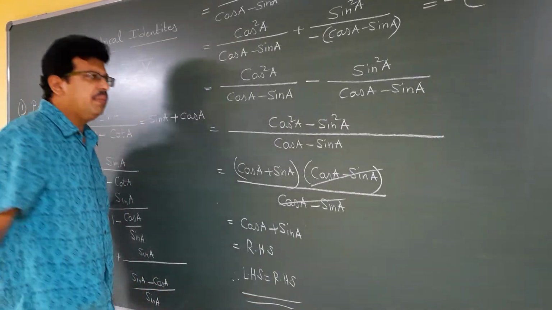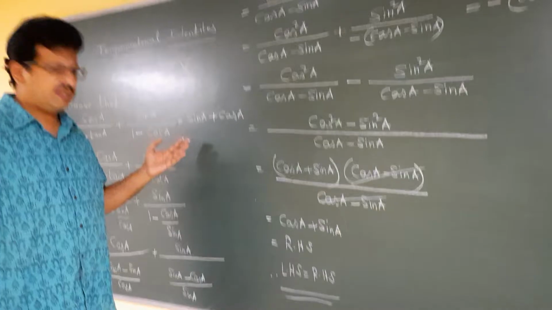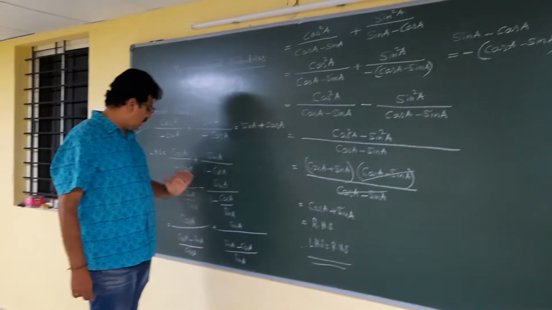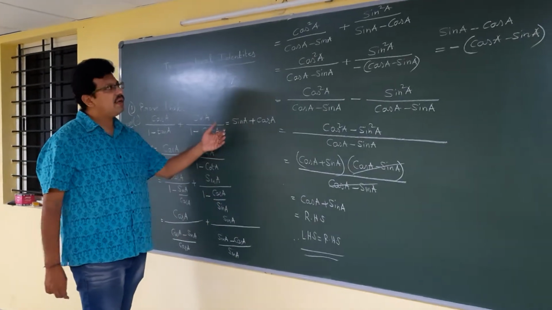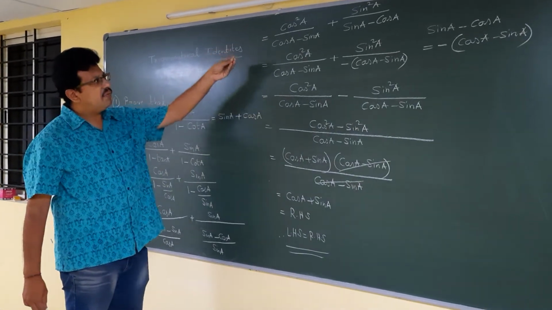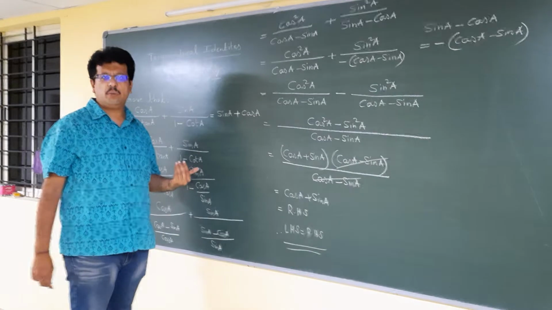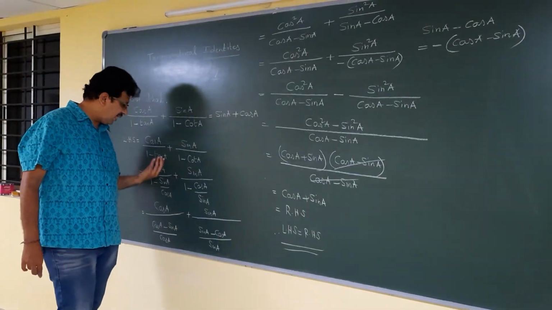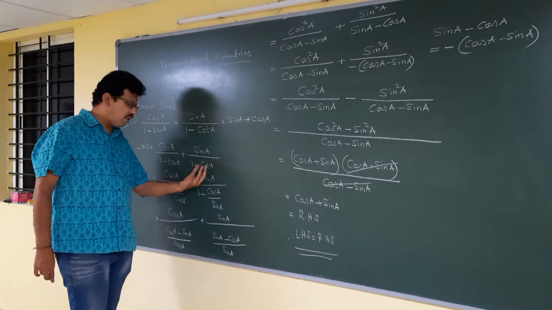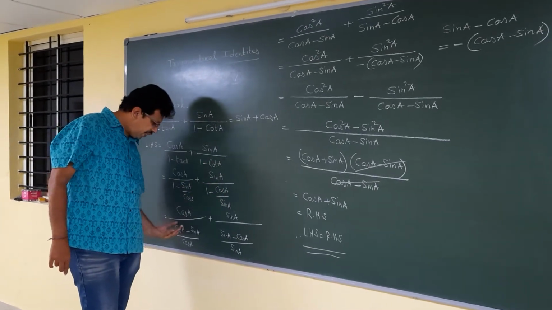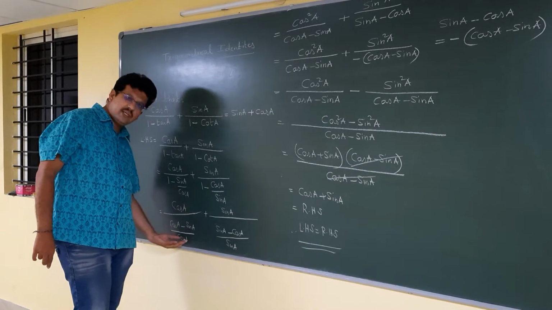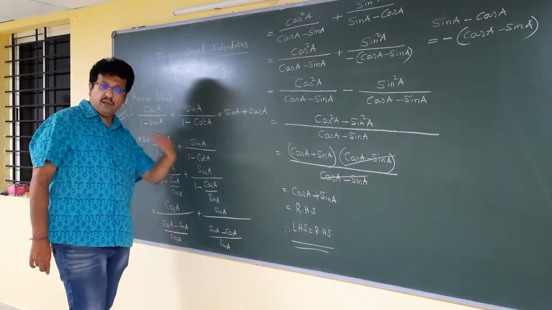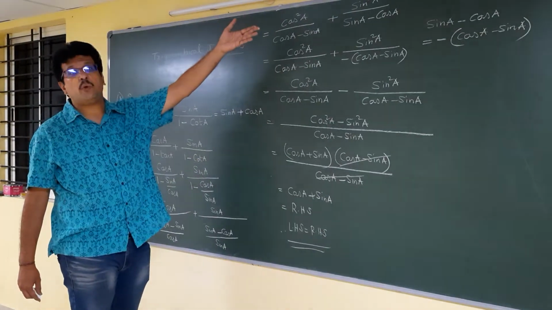So this problem may come for 4 marks because a lot of steps are there. You need to observe, you need to get this concept more clearly. It's a little bit different from the previous problem. I hope all of you are able to understand. First we should change tan as sin A by cos A and cot as cos A by sin A. Then we should take the LCM. The LCM is cos A, cos A minus sin A, and here we are going to get sin A minus cos A. And a very important step is taking the reciprocal.